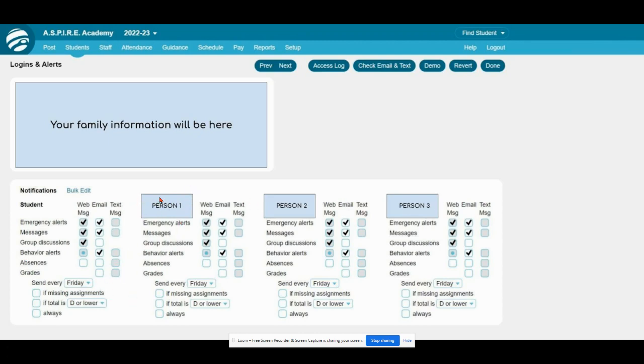These three different people here would very likely be the immediate family members of the student. And you can go through and say, yeah, I'd like to have a text message by clicking right here for emergency alerts or messages. I'd like a text message if there's an issue with behavior or any absences. I'd like a text message for grades every Friday if it's missing, and you can set up some parameters around